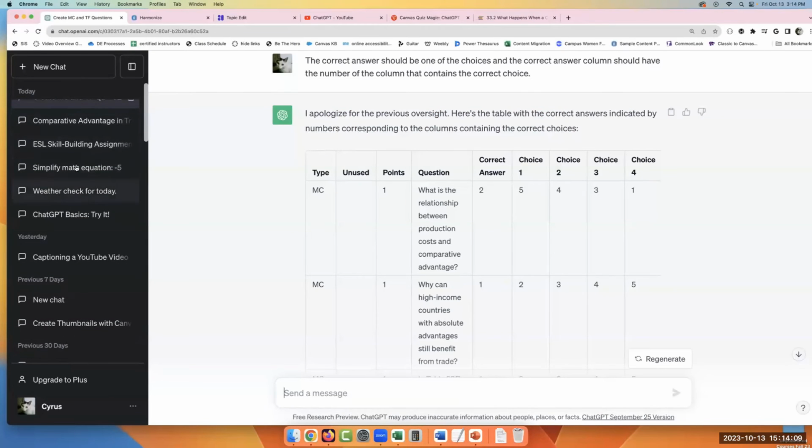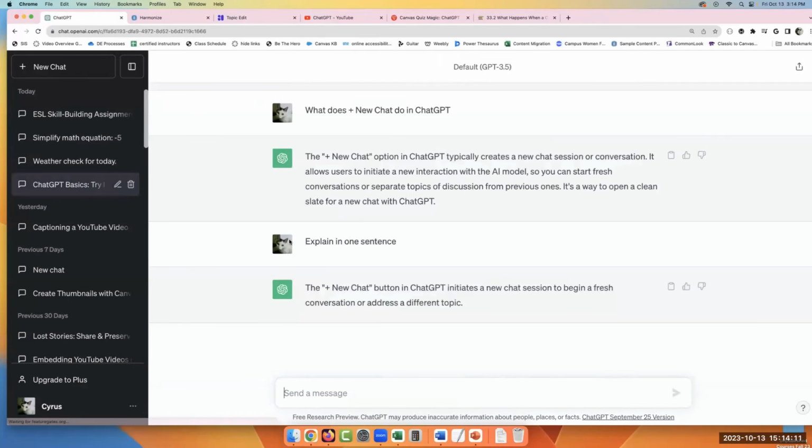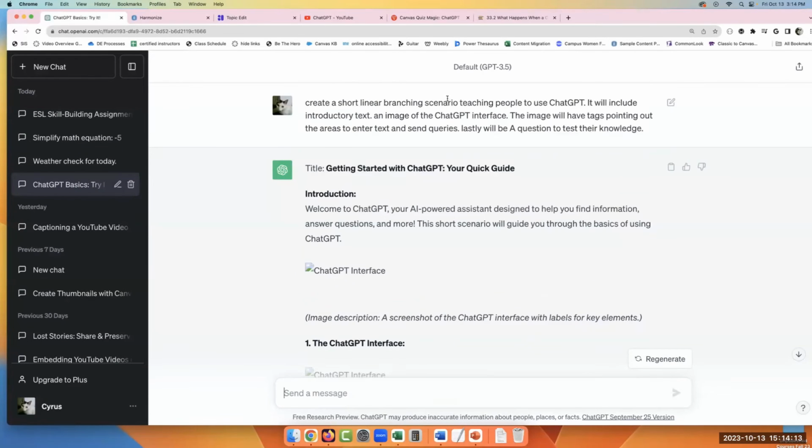So this one I asked, hey, ChatGPT, create a short linear branching scenario teaching people to use ChatGPT. It will include some introductory text, an image of the interface, and the image will have tags pointing out the areas to enter text and send queries. Lastly, will be a question to test their knowledge.